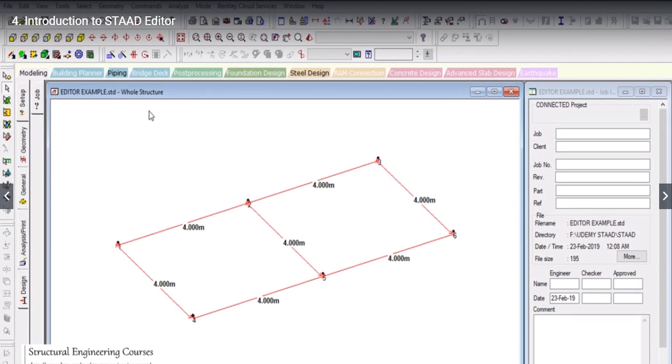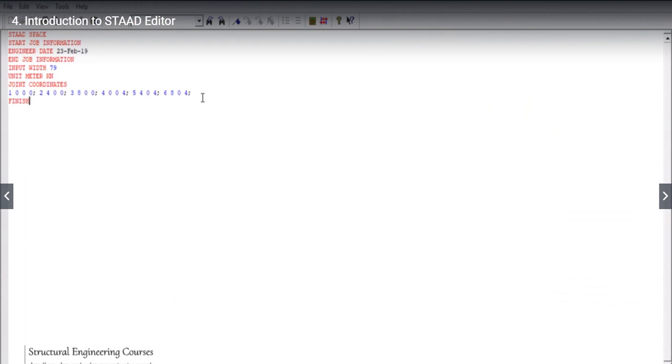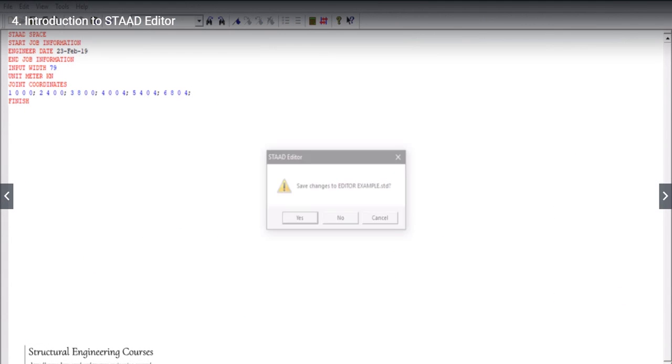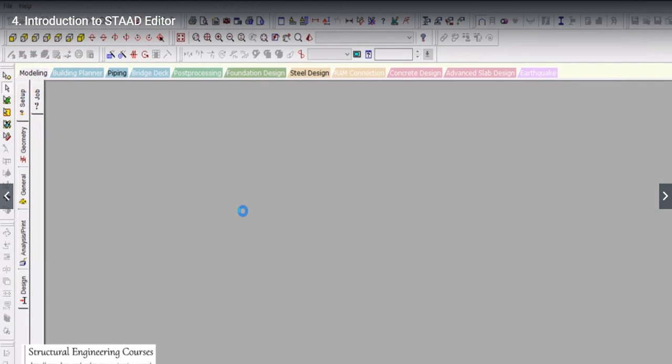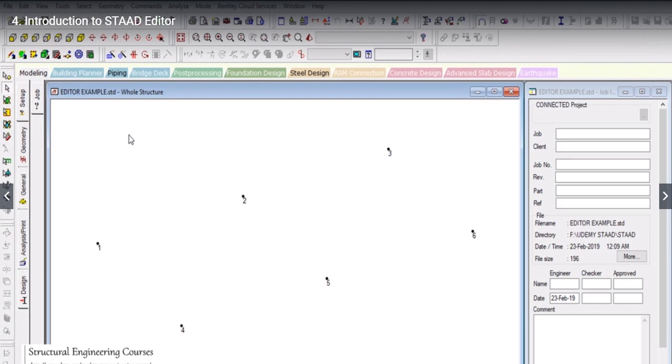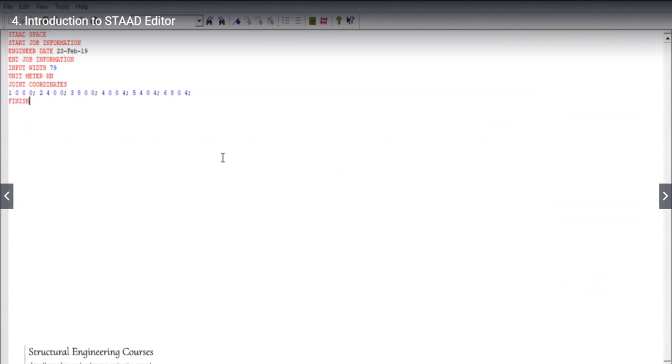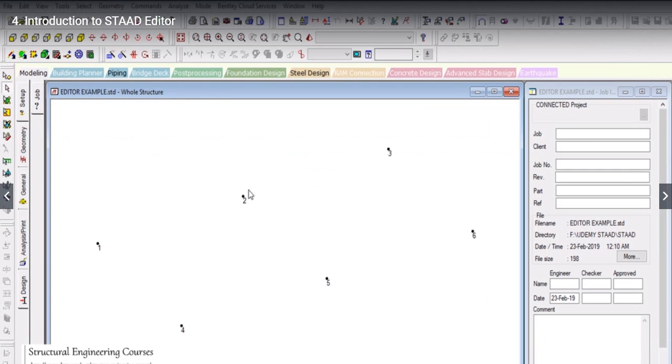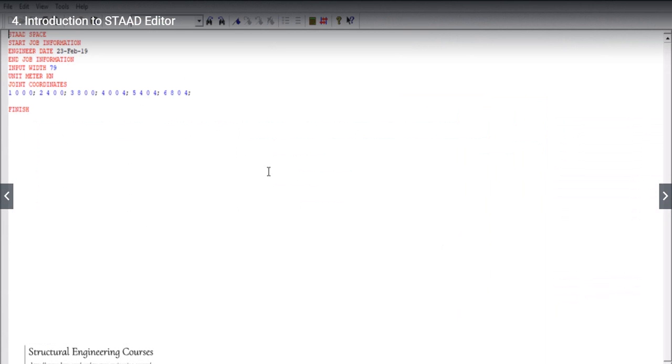Whatever data we enter here will automatically be imported there, or whatever changes we make here will automatically be done in the editor file. In the similar manner, we have entered the joint coordinates, and we can also enter the member incidences. In the language of the STAAD editor, it is called member incidence.